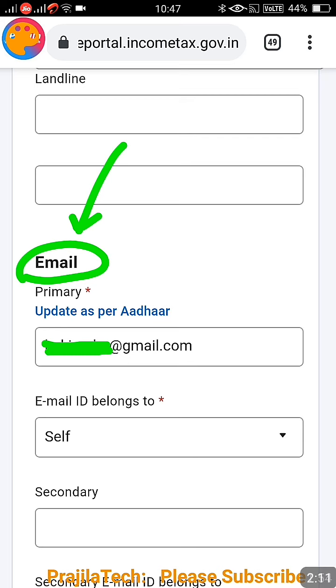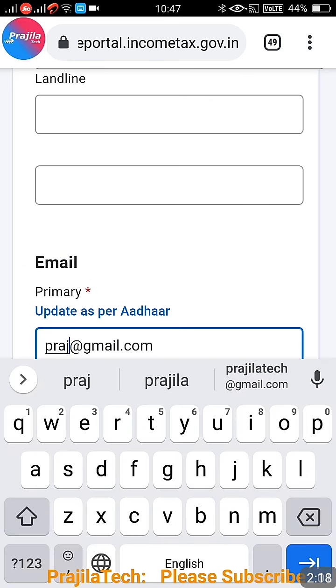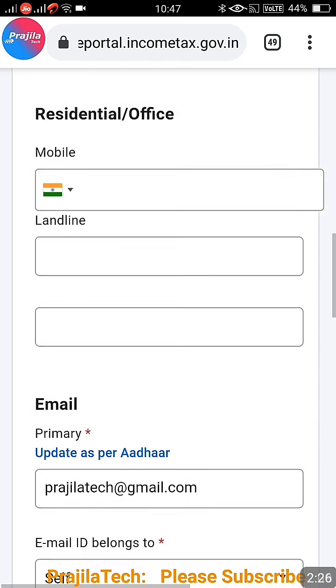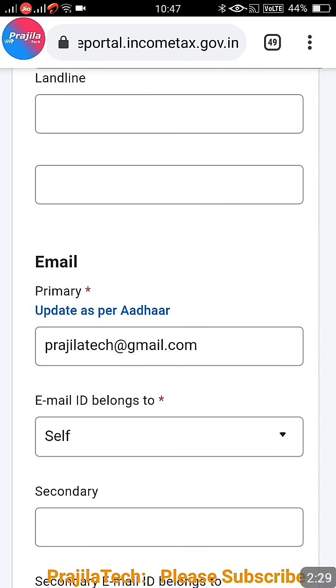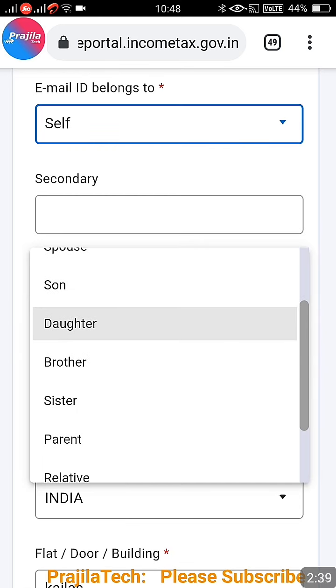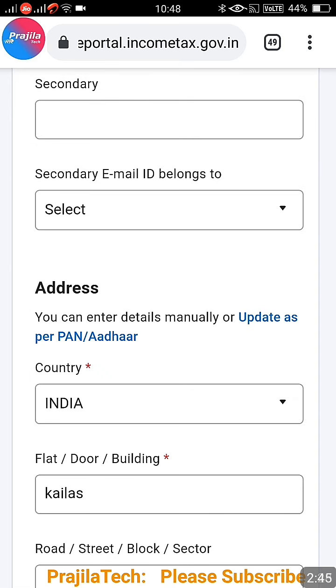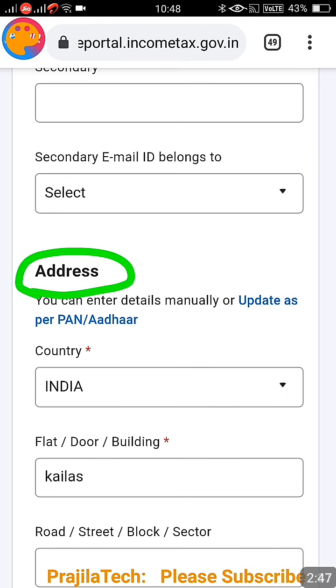You get two options, primary email and secondary email, and this you can also update as per Aadhaar. It will pull from Aadhaar, or you can directly click there and edit your primary email like this. You don't need to do anything else. You can see here directly it's editable, and you can also select whom that email address belongs to, because if you are filing for someone else, you might be using an email address which does not belong to you. You can see here son, daughter, brother, so many relatives, friend also is an option. So whom that email address belongs to you can also select, and after that you can also give a secondary email,